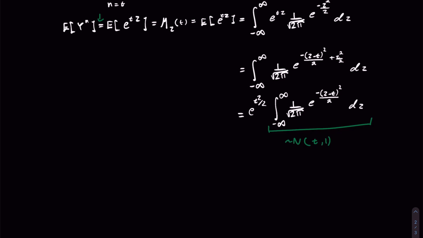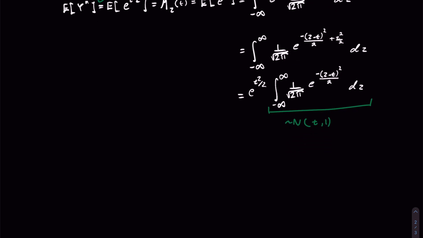Well, sorry, the whole expression here is the PDF of this distribution here, which then integrates to 1. Okay, so this whole thing will be equal to 1, and that leaves us with